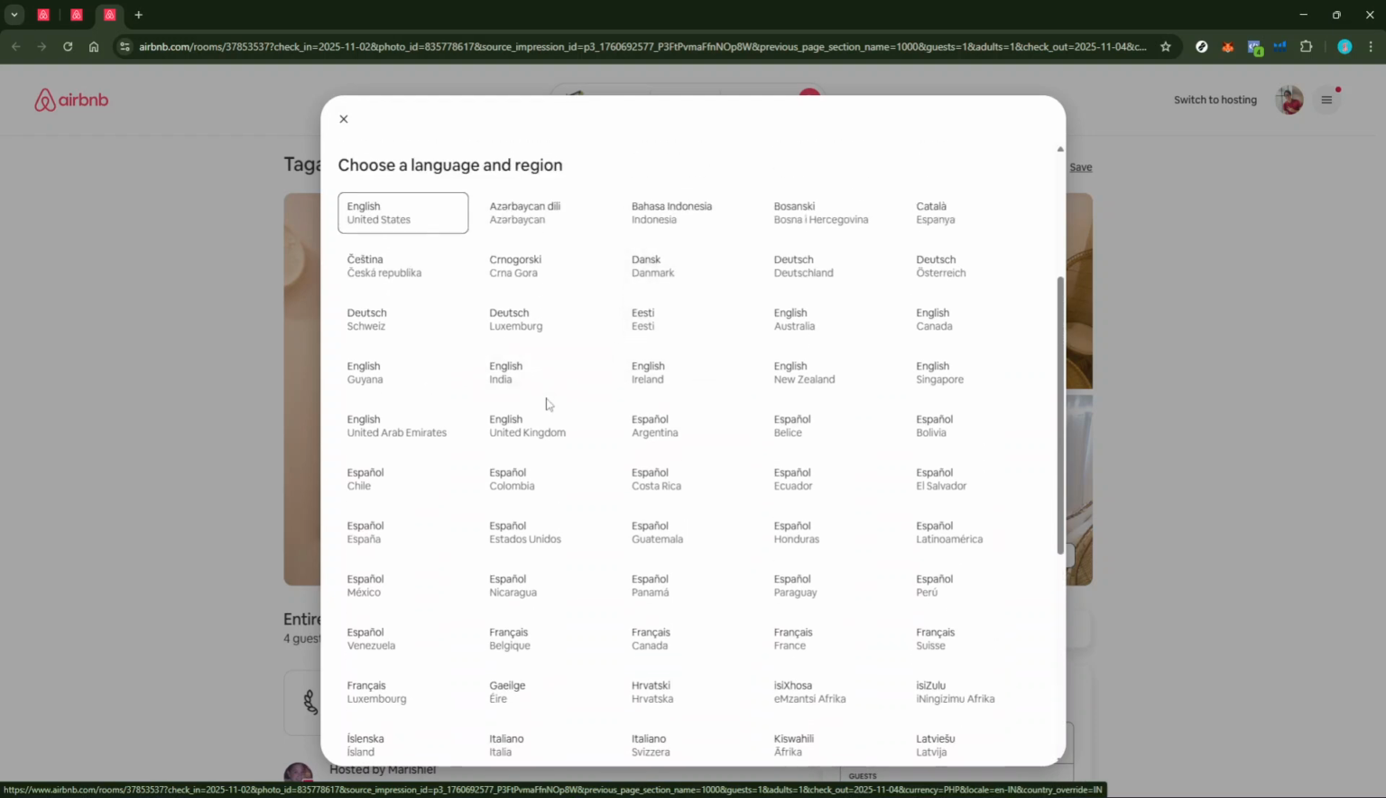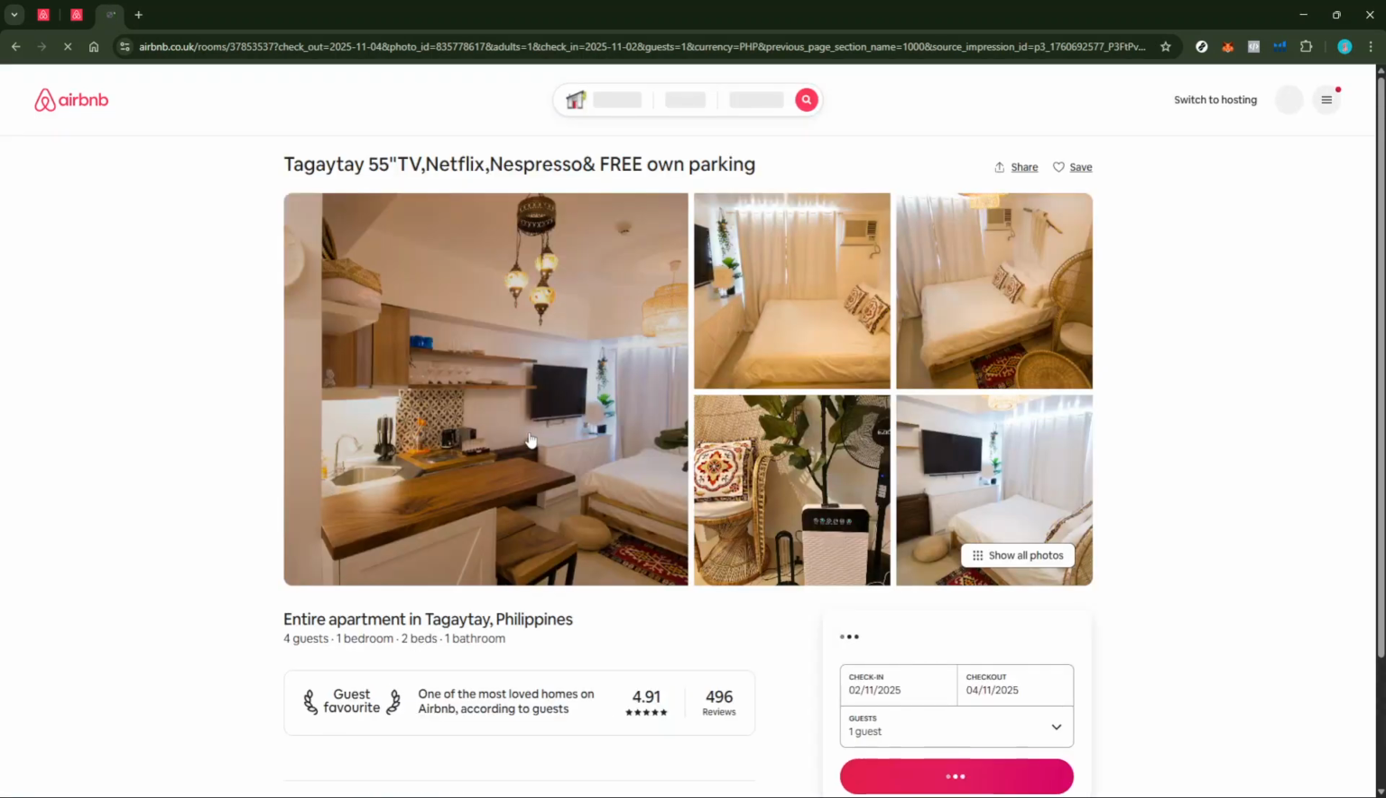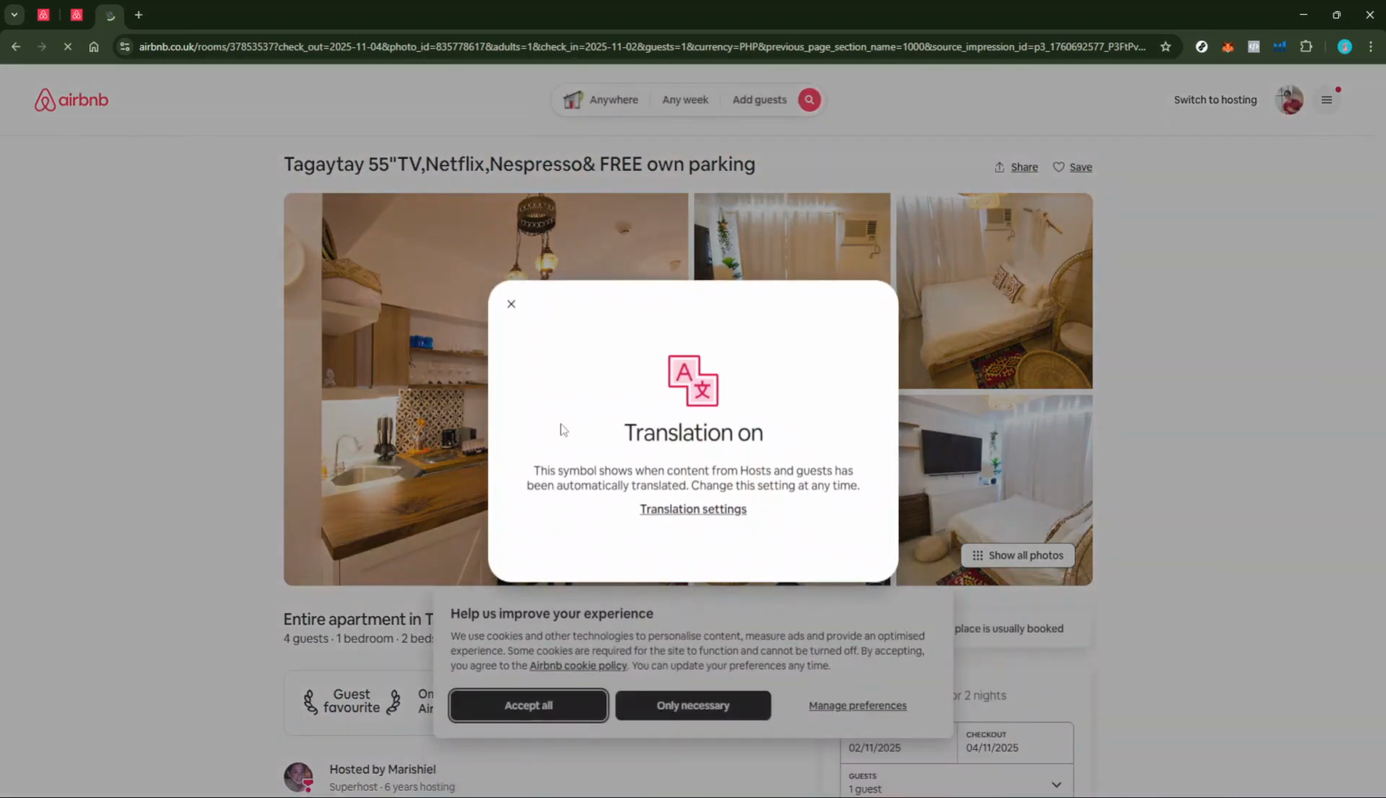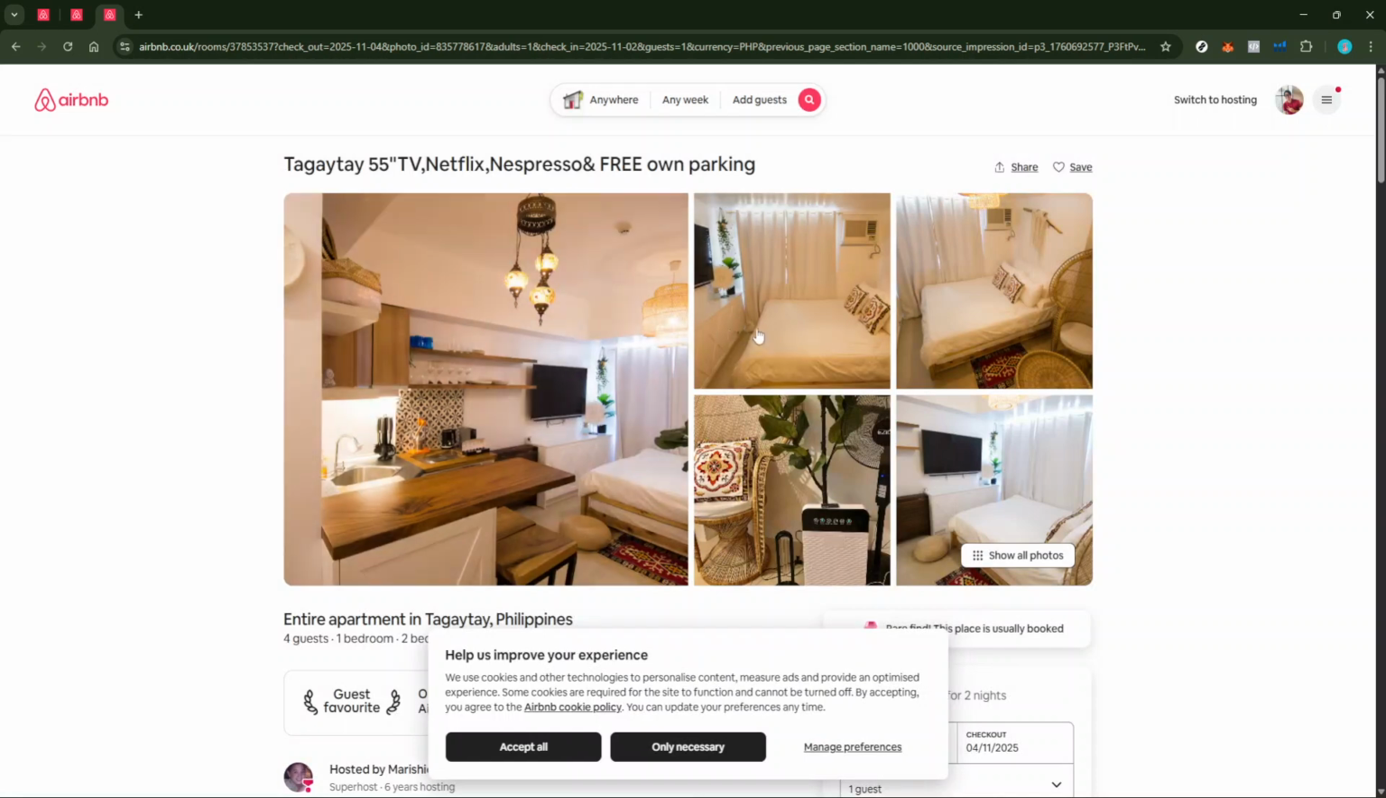With your new language and region selected, you'll notice the page refreshes automatically. This refresh is an indication that your changes have been successfully applied. You should now see all the text on the Airbnb website in the language you chose, reflecting your updated settings seamlessly. And that's it! In just a few easy steps, you've personalized your Airbnb browsing experience to suit your preferred